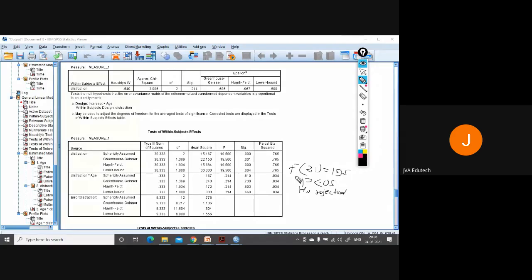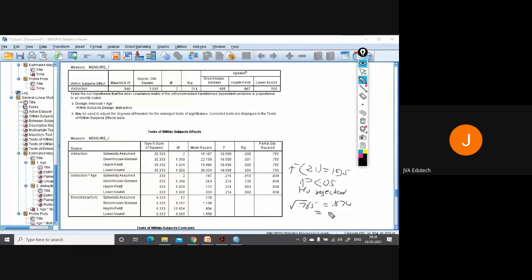There will be a significant difference, and the effect size in the population comes out to be the partial eta squared. You have 0.675, so take the square root of 0.675. Now this effect in the population, if you want to see how much it will be, comes out to be 0.765, and the square root is equal to 0.874.